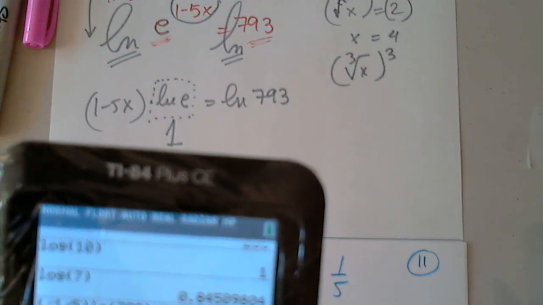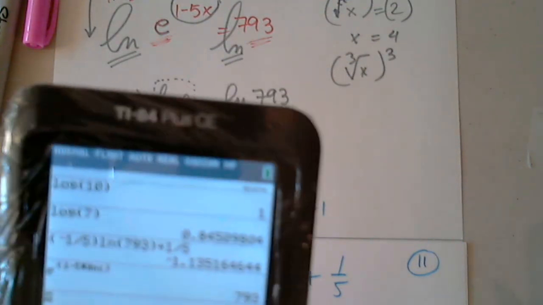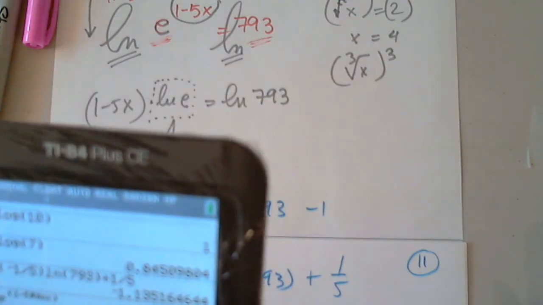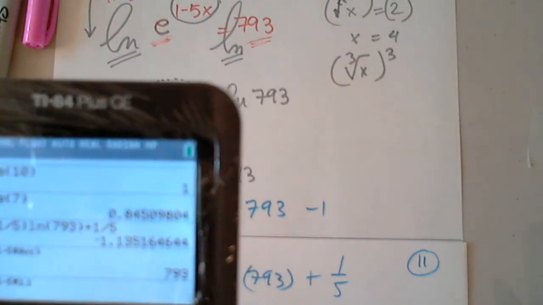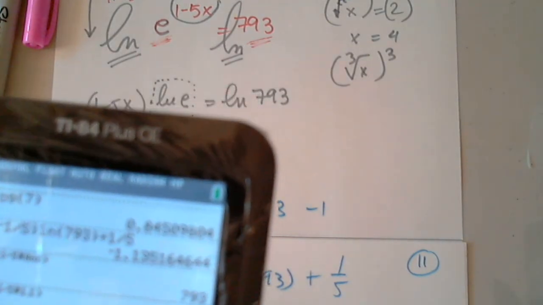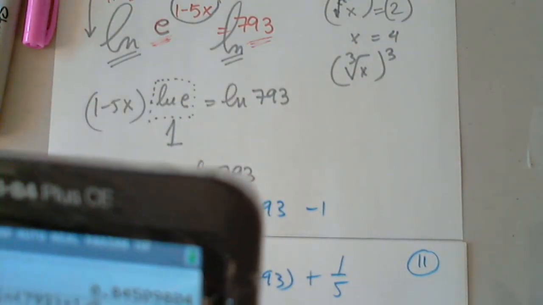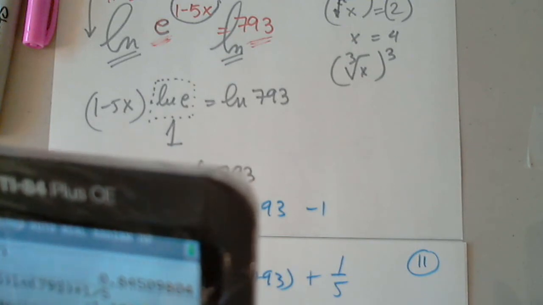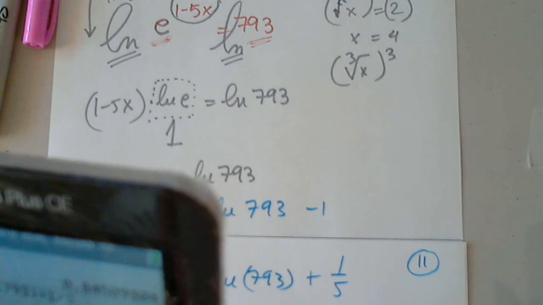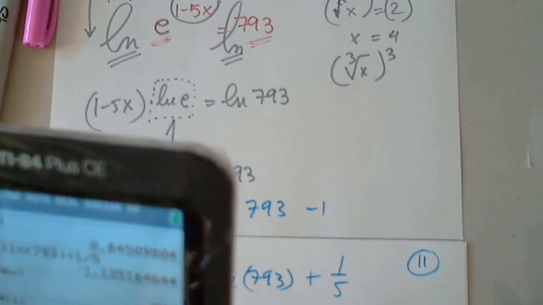If you truncate the number, and if you just write this, 1 minus 5 multiplied by 1.1, let's say, I'm not going to get 793. I'm going to get very close. What did I do? Negative 5 times e. I'm telling you, this calculator,